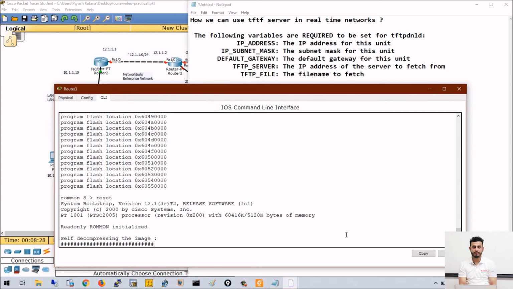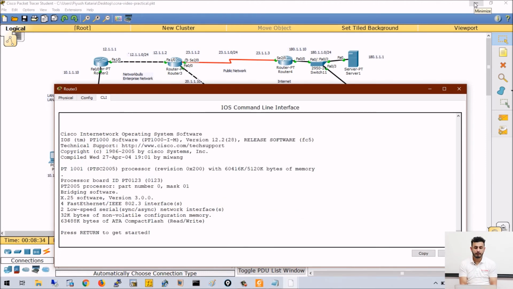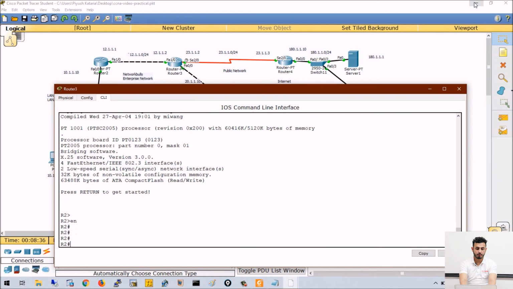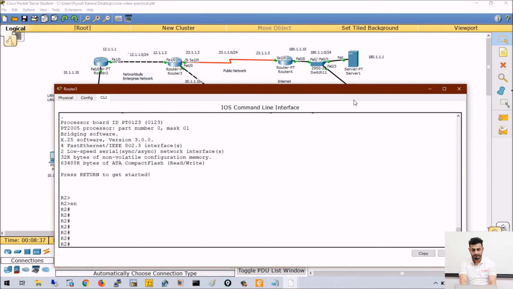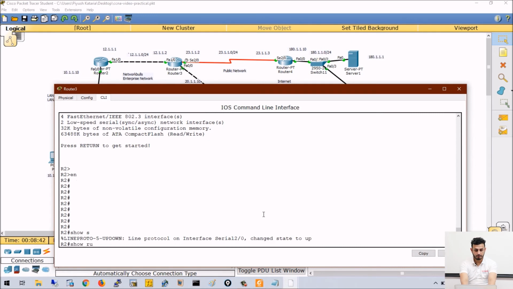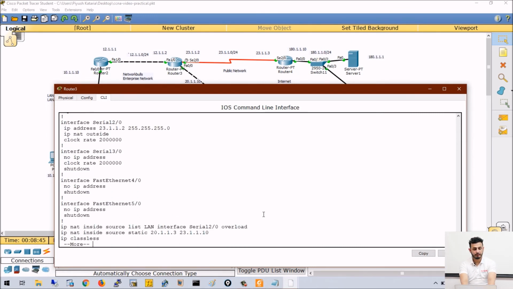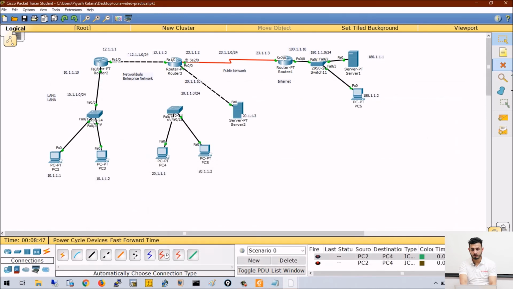Now what is the next configuration? Because the operating system was deleted from the device, no configuration is present. Now I will show you how you can make your router live. So you can see show run, all configuration is already there, but still if you want to make sure that everything is correct, just click this link, just make the connections as they were.